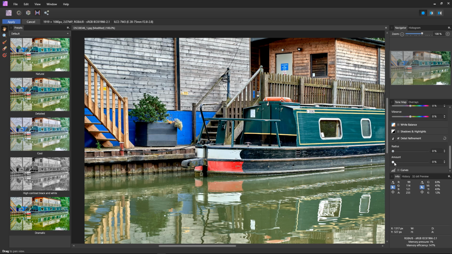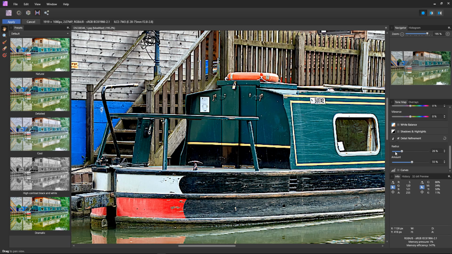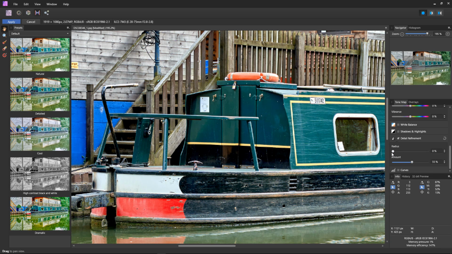All I do is set my amount to about halfway to start with, and then bring up the radius until it's sharp enough. Now normally this would be about 10 to 15, but I'll do it to about 25 so that we can see the effect better on YouTube. Now if I just zoom in and bring down the radius and bring it back up, you should better see